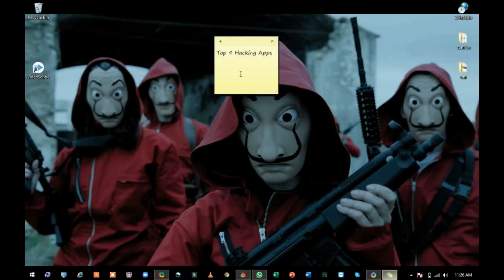So today we will learn the top 4 hacking apps for Android users. The first one is Remote Audio Recorder. For that you have to go to the website,